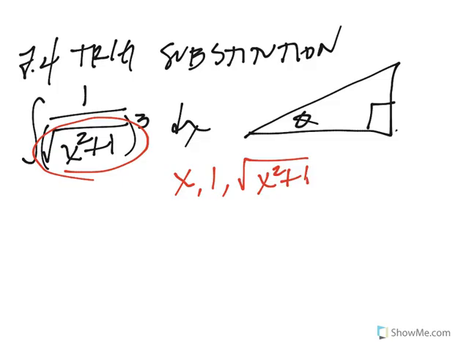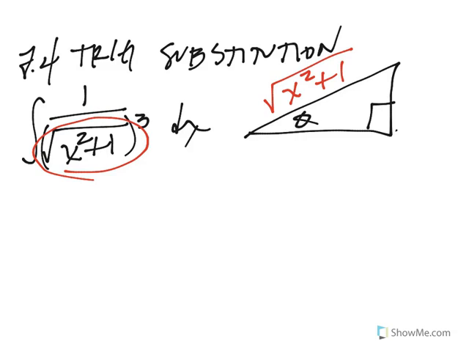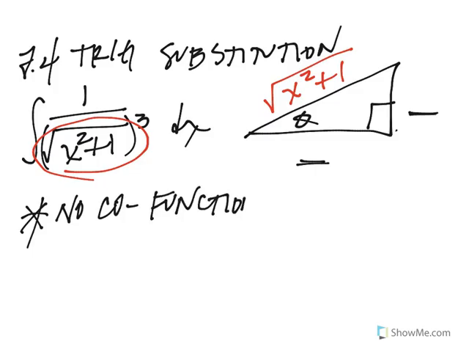The question is, where do I label them? Well, I think it might be obvious, I hope that it's obvious, that the hypotenuse is the square root of x squared plus 1. Let's get rid of this. The question then becomes, where do I put x and where do I put 1? Well, that brings me to the first tip that I've come up with. You want no cofunctions on the original